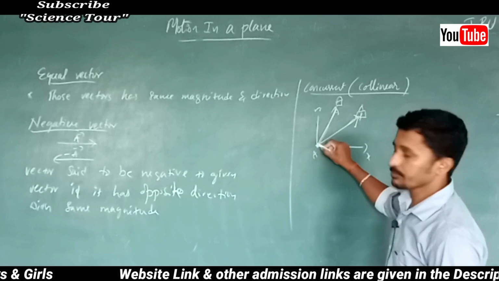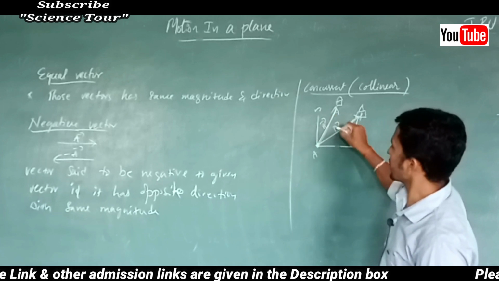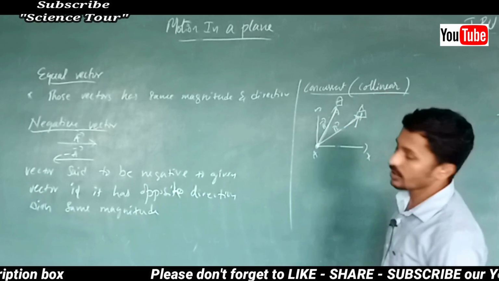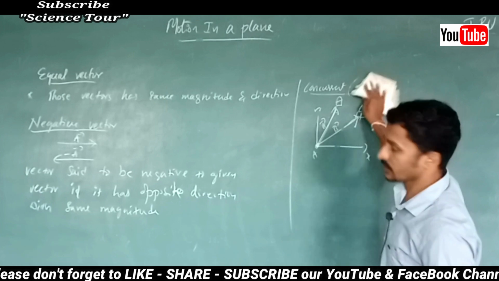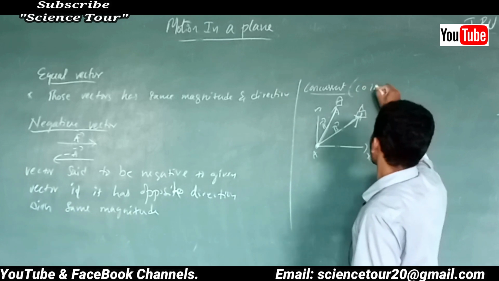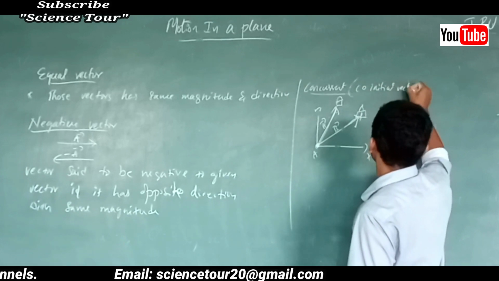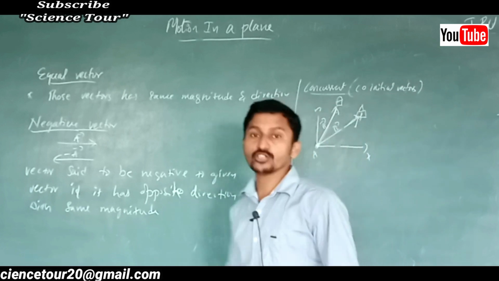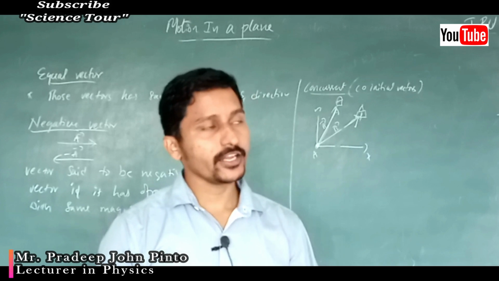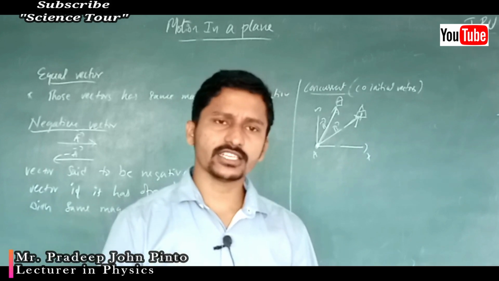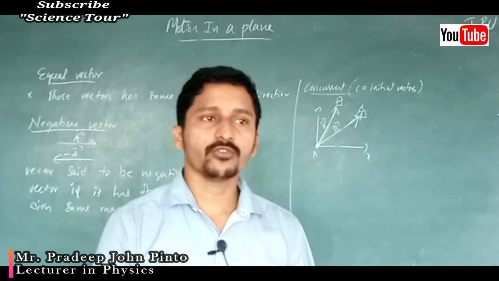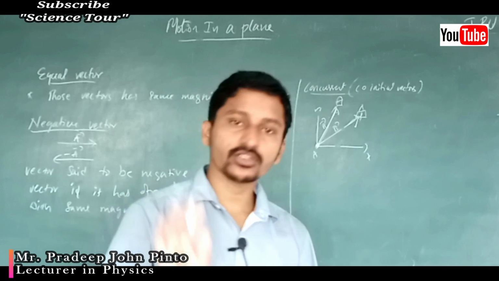You have started from the same point. Velocity may be different, whatever it is, it doesn't matter. If they have the same initial point, those are called co-initial vectors, or concurrent vectors. These are not all that important. The definition you need not know, but what collinear means you should know, because in later chapters the term will come. The definition won't come, the term will come.